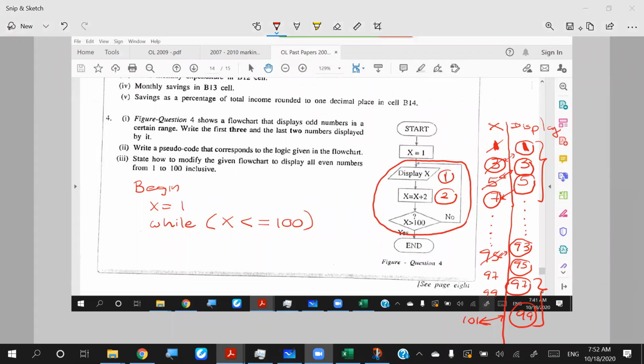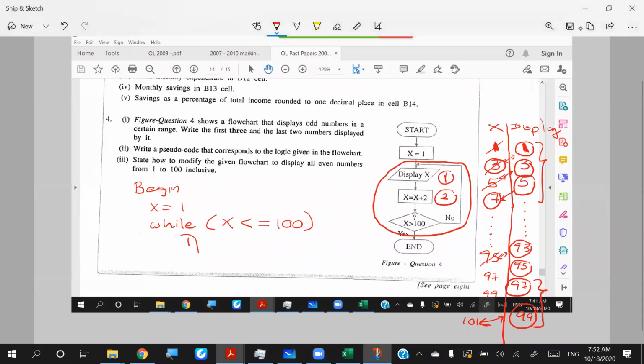Yes, Dua. You can use the repeat until as well, Dua. They haven't said you must write this using only while, no. So there is no problem. You can have the marks for the repeat until as well. I'm going to show you how the repeat until happens. Right. So once you write this one, then simply you have to say what?